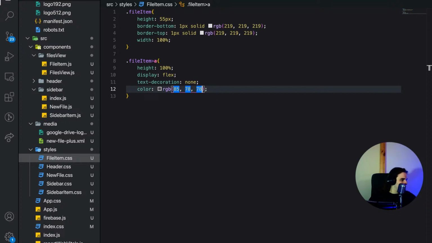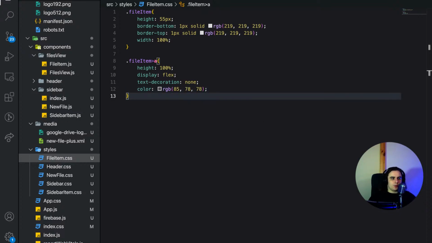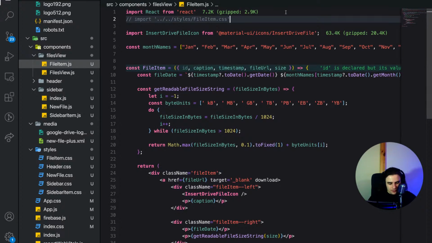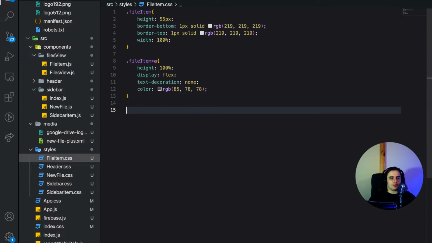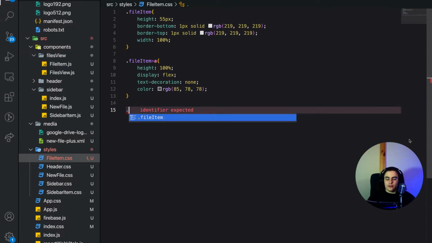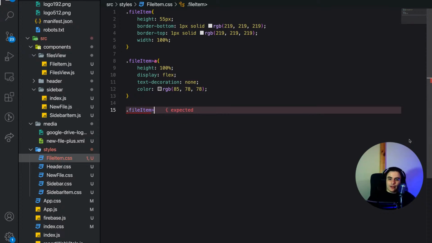So with that, next up, we're moving on to the div inside of there. We actually want to go ahead and import all this file, and with that done, we are good. All right, so the file item. Okay, so inside of the file item, the link, and we will just